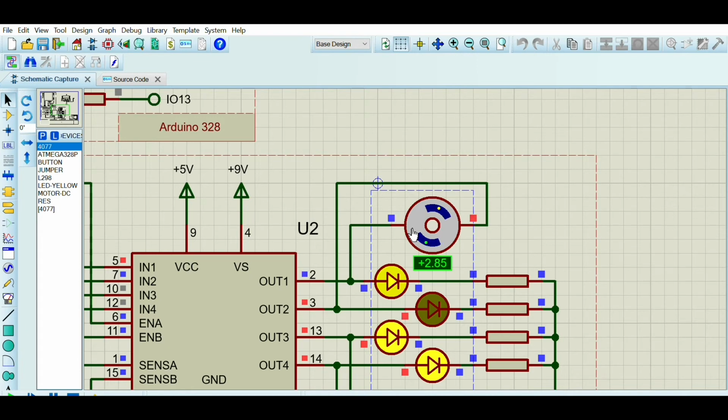The speed of the motor is slowly increasing until it settles at the required value that we have given. So finally we can see here that the DC motor has settled at a value of 20.3 RPM. And so this is how we run a simulation of a DC motor in Proteus.